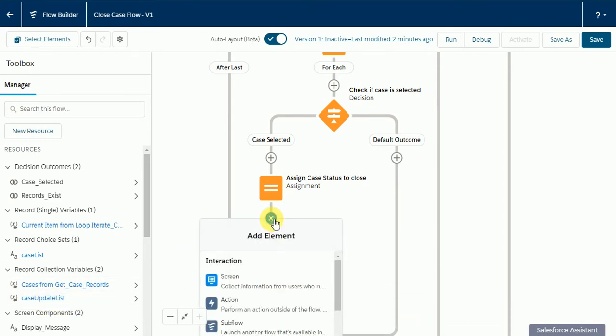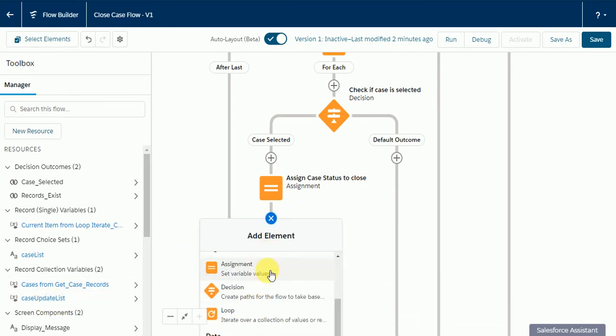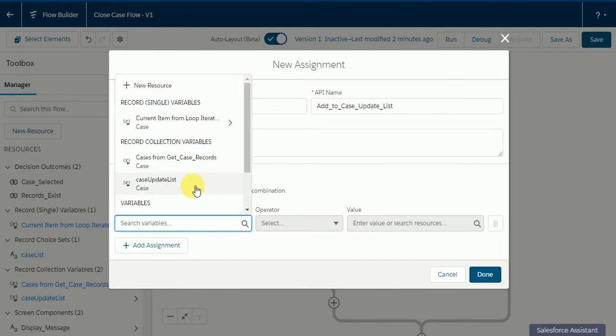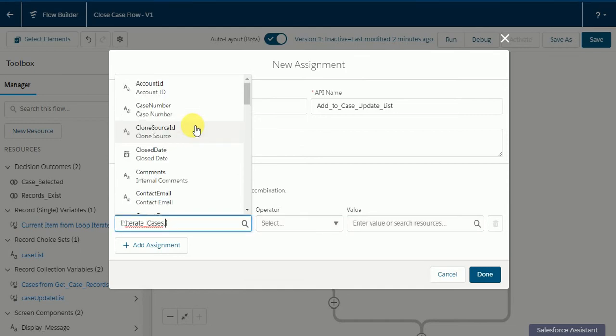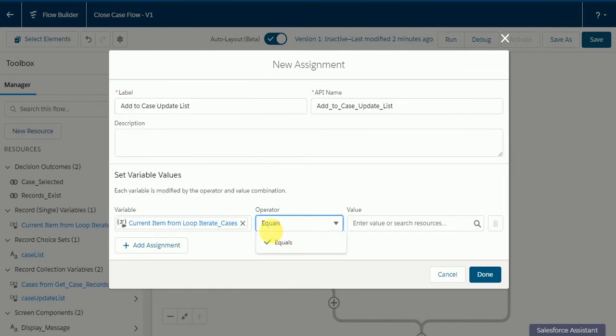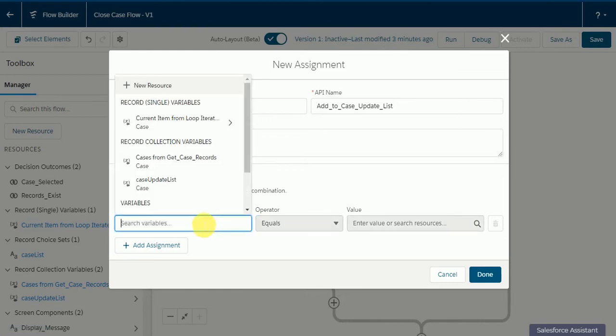So I'll add another assignment activity, add to case update list, and here I'm going to add my current item case to this.